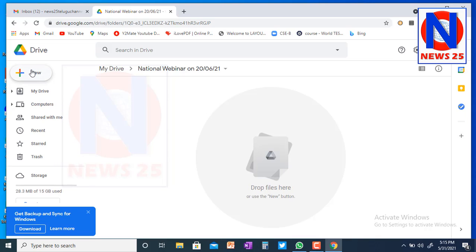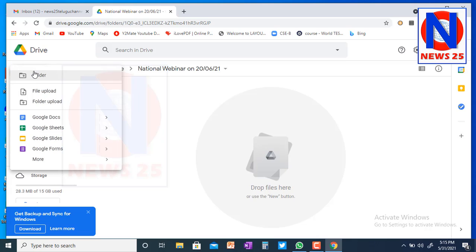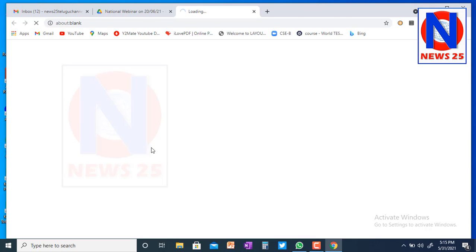Now go to new. In order to make certificates, first we have to create a certificate in Google Slides. Okay, so click on Google Slides and blank presentation.